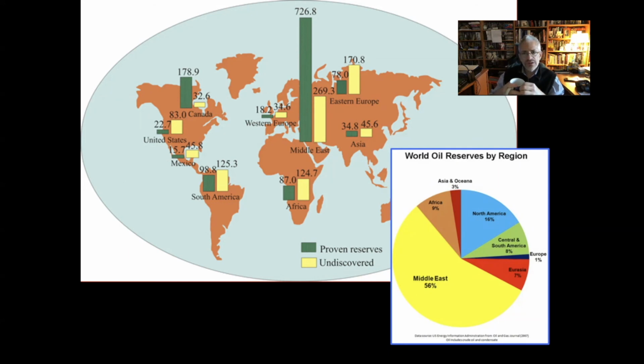And so you can see here that there are proven reserves in green, which means that they know how much is there, and undiscovered or unproven reserves are in yellow on the bar chart on the map. So you can see that really the Middle East holds this enormous quantity of oil, and that is why people are interested in the Middle East. That is why nations are interested in the Middle East. You can see otherwise the way that the rest of the reserves are sort of distributed around the globe. Okay,